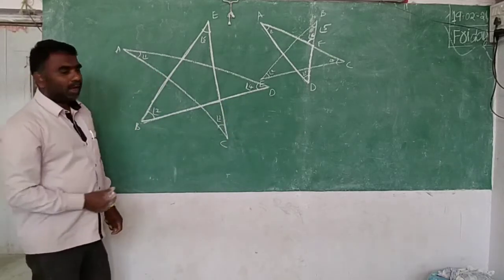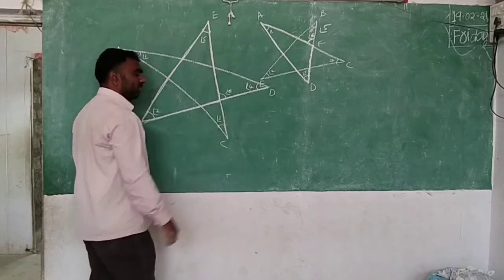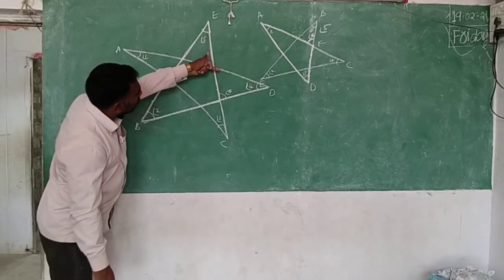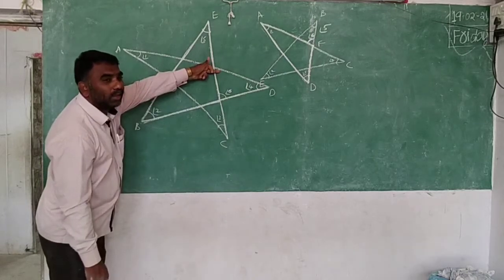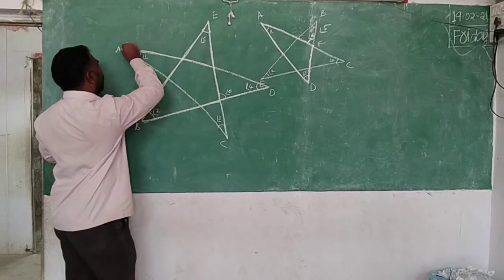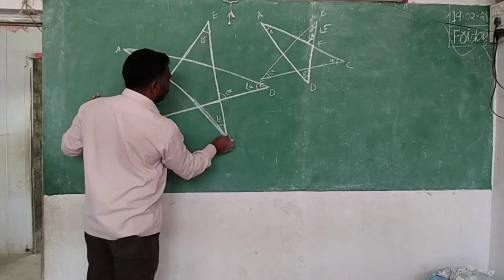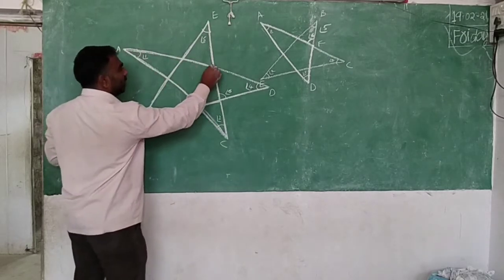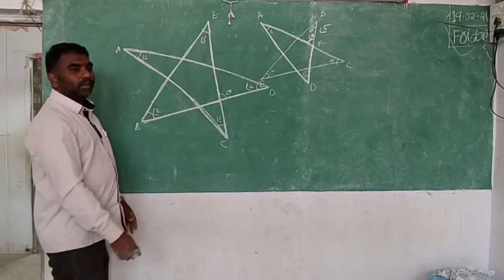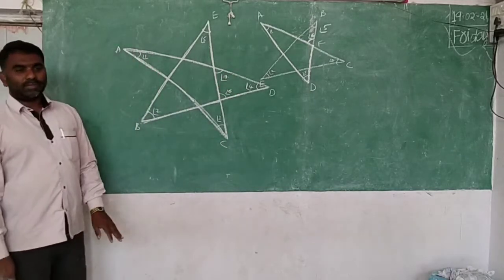Clear? You understand? That is why I am naming this angle 6. Now, one more exterior angle, opposite here, you take, angle 7. Then you will take this triangle. If you take this triangle, this is exterior for this one. There also we know two angles. So this is one more exterior angle, that is angle 7.